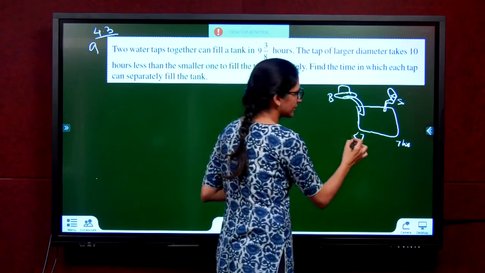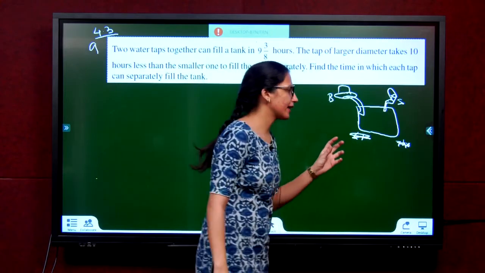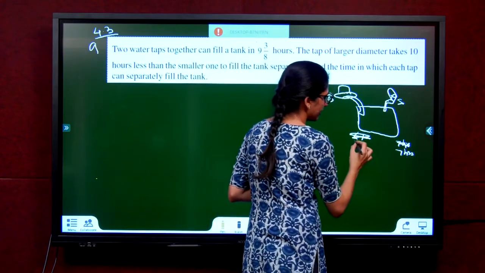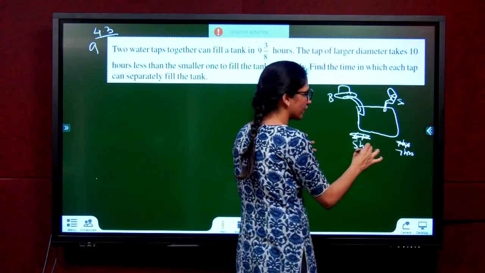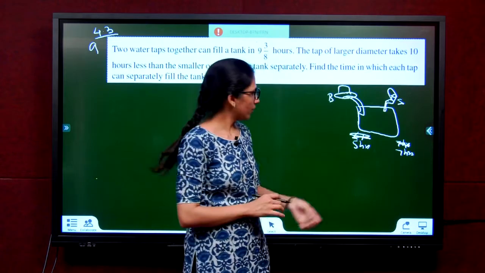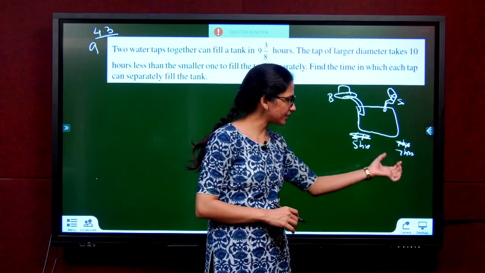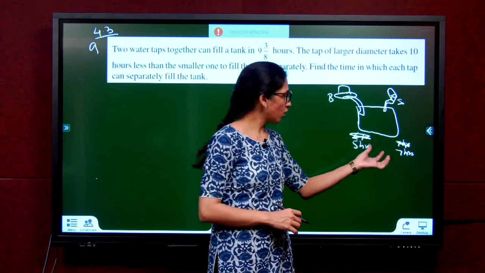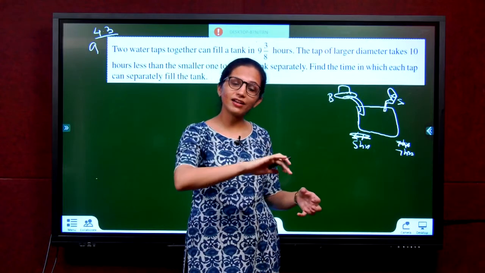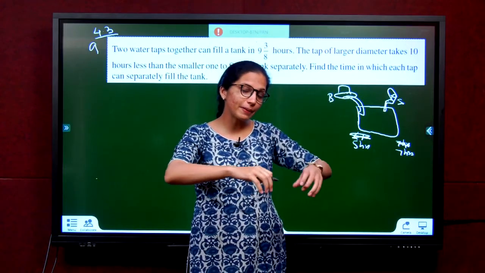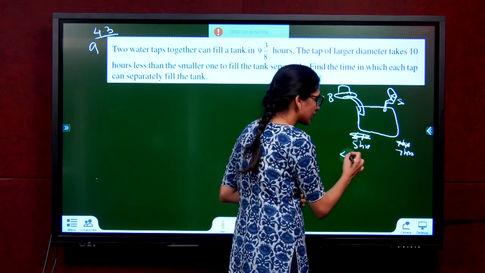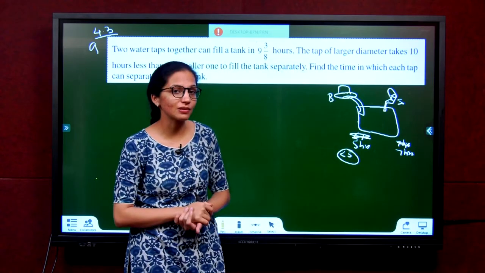Now let's forget these two and say I'm opening both the taps together. Let's say this was 7 hours and, instead of less than 7, the big tap was filling in 5 hours. Next point, I open both the taps together and I want to fill the tank. Will it take less than 5, less than 7, more than 5, more than 7, or between 5 and 7? Big tap alone can fill the tank in 5 hours. To that, the small tap is also helping. So both of them are ready to fill the tank together now. So the time will be much lesser than 5 hours also. It might fill in 3 hours only.